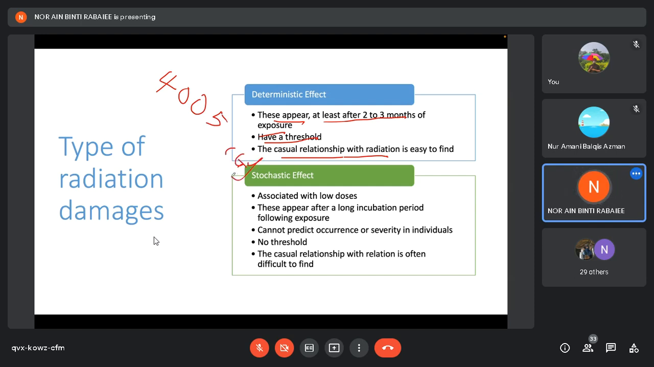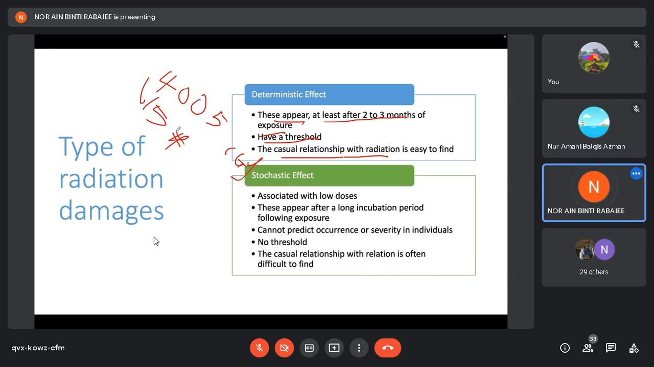It needs to shoot the patient with 4,005 centigray. This is the total fractionated radiation needed for the treatment. So maybe after a few exposures, for example, 4,005 over 15 fractions, maybe after a few fractions, for example after 7 fractions, meaning after a week of the treatment,